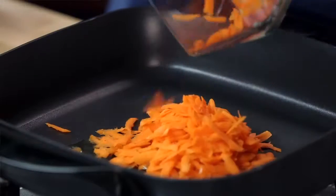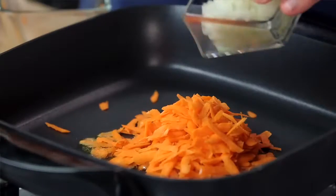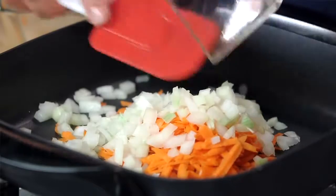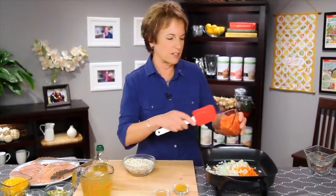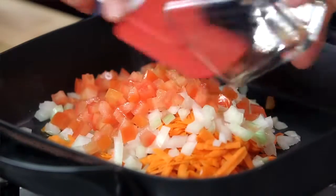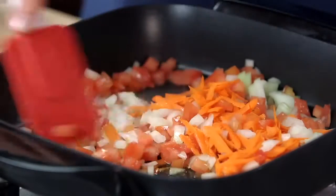So I've got here one carrot that I've grated. I've got about half of a medium onion that I've chopped. And then here I've got two plum tomatoes that I've seeded and diced. That's quite a bit of vegetables for this one pot. And I'm going to stir them around just for a few minutes so they get a chance to soften a